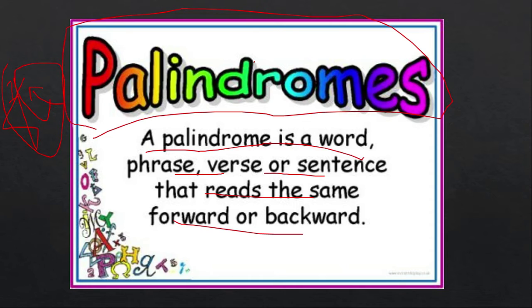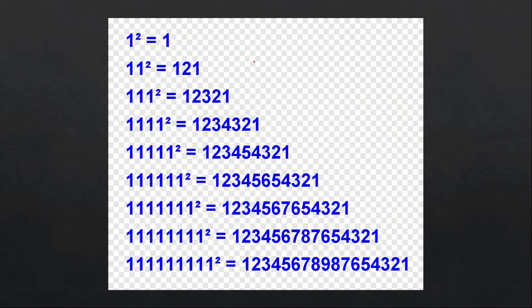A palindrome is that type of number. If you read it from the front or from behind, it will sound like the same thing. Okay. So coming to this, you can see some examples of palindrome numbers. See, 121. चाहे आगे से पढ़ो 121, चाहे पीछे से पढ़ो 121. Is it the same? Is it the same?